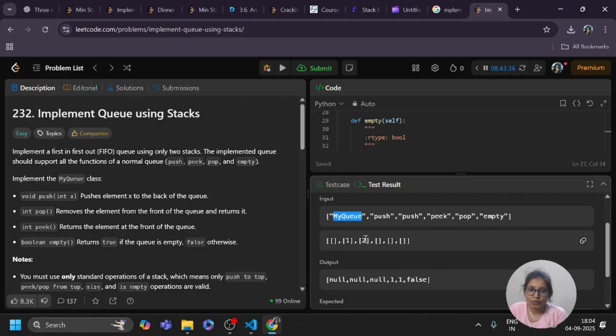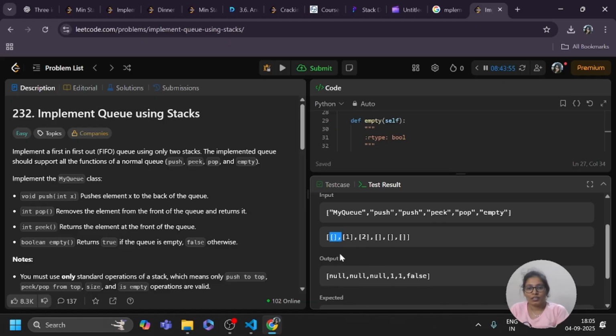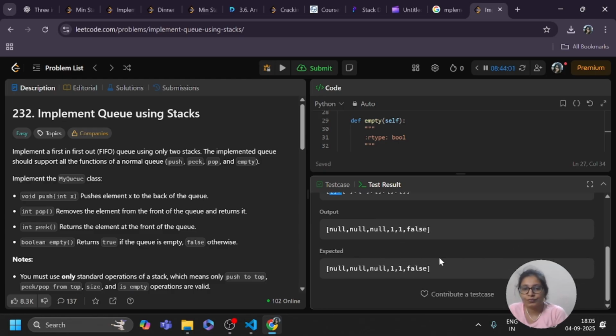My queue push, these are the pushed elements, I mean push means appended elements. Peek, empty, pop, and empty. The output is null, null, null, then one, then false.